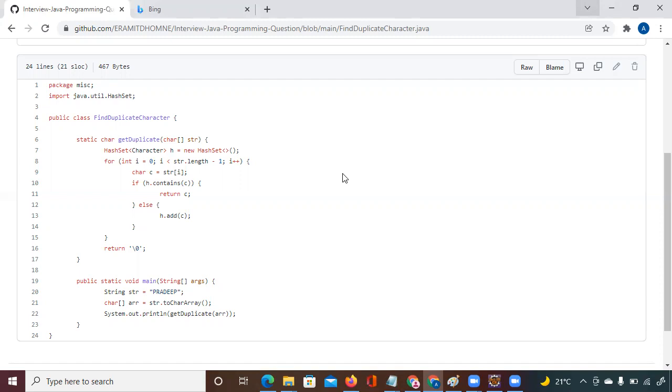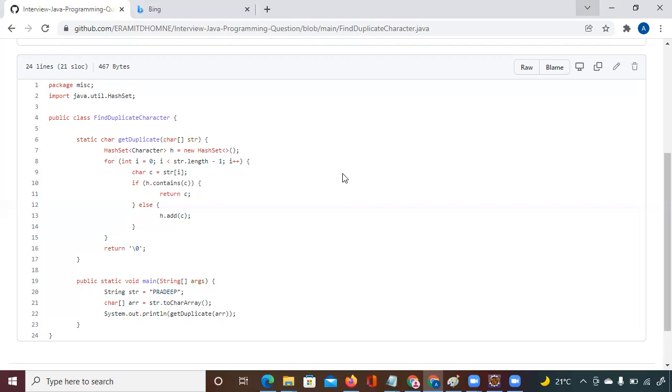It does not follow any order. It's not a grouping of similar elements. It's a collection of elements arranged in an unordered format. Hash set, as you said, does not allow duplicate keys. Set does not allow duplicates.